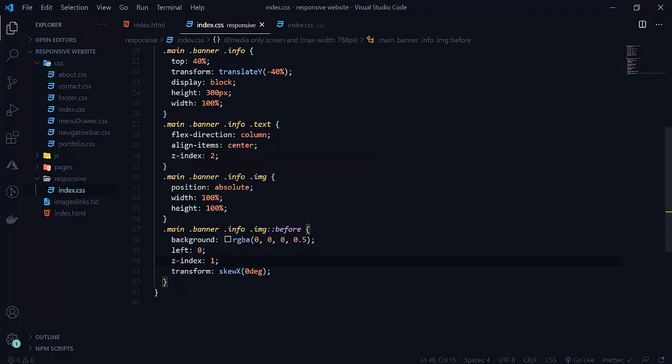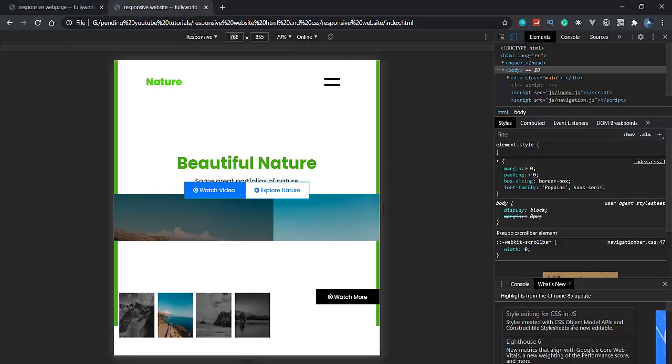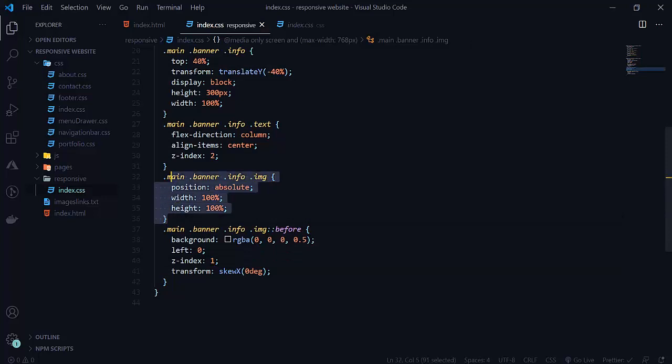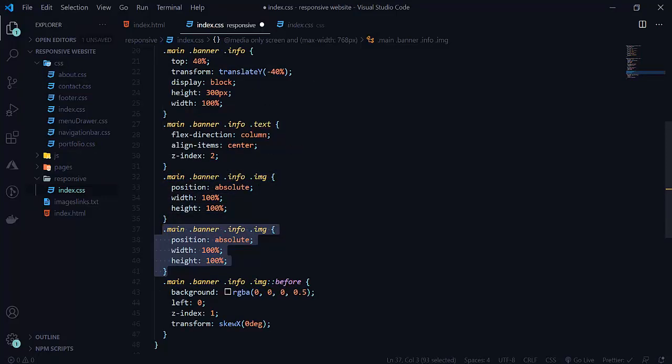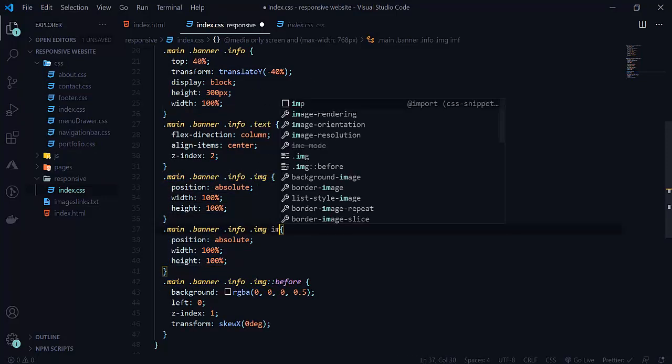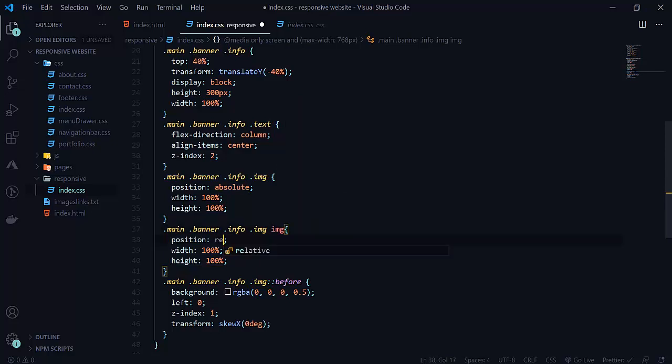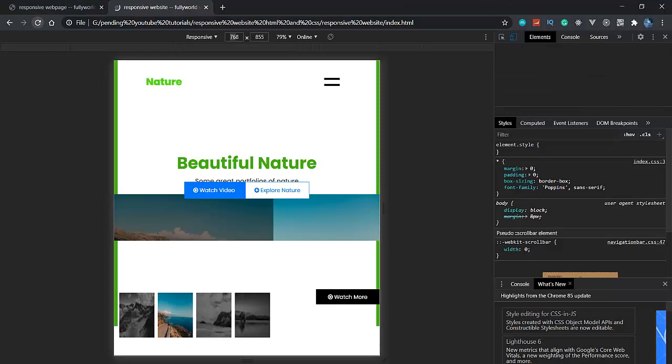Z index to 1 here. So reload this. I think I changed something to the image here. So here will be image, and its position will be relative here. So everything was correct here.